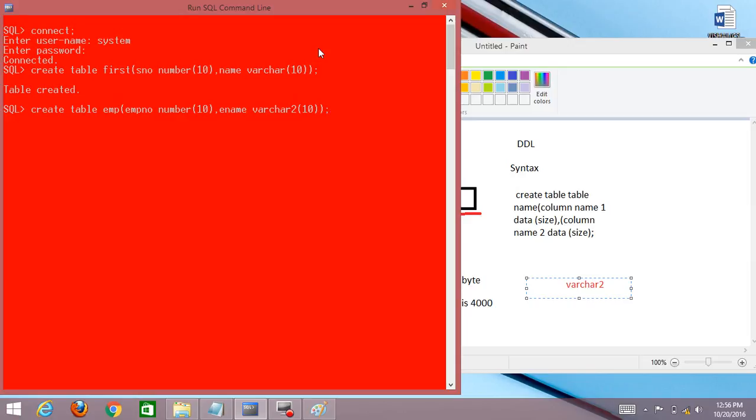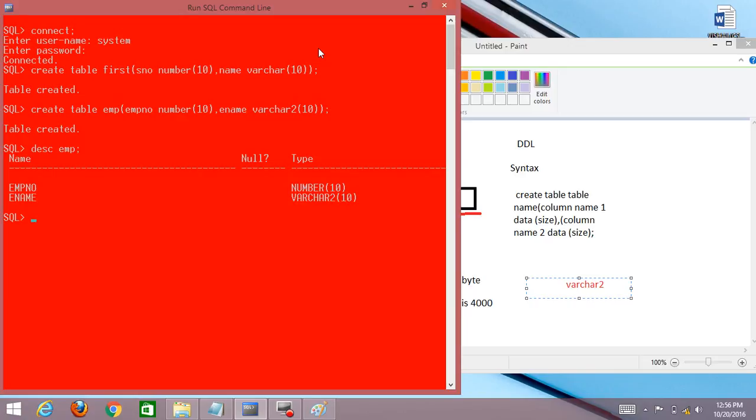So to improve my software and industry practice, it is recommended to use VARCHAR2. So I enter these values, enter, and the table is created. How to view the structure of the table? First, DESCRIBE, the command used to view the table. Table name EMP and enter. It shows name, null and type: employee name, ename, number or VARCHAR2 values.